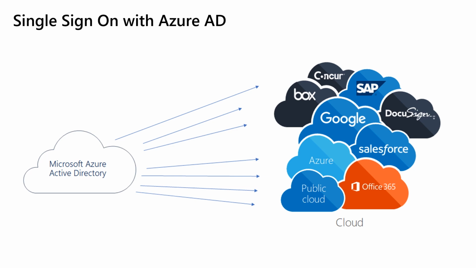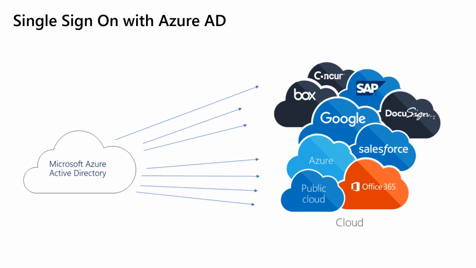When you enable single sign-on for your users, you can do that easily through Microsoft Azure Active Directory. You can connect to different SaaS applications which are generally hosted in the cloud, and users can easily do single sign-on with the organization credentials. When I say organization credentials, that means in the previous picture we have seen Jim Bob has jim.bob@contoso.com as his credential. He can utilize that credential across all different applications.